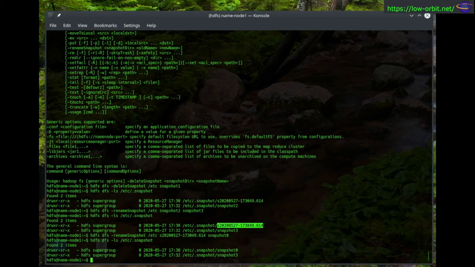There we go, snapshot 0. So there we go, snapshots. We're not going to go any further into snapshots today. So let's move right along here to